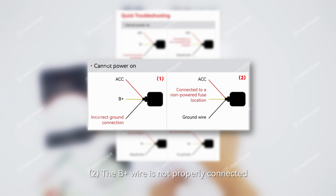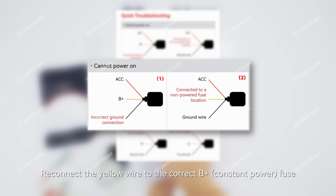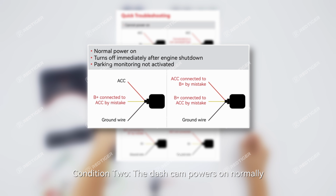2. The B+ wire is not properly connected. The yellow wire may have been connected to a fuse slot without power. Reconnect the yellow wire to the correct B+ constant power fuse. Condition 2. The dash cam powers on normally, but turns off